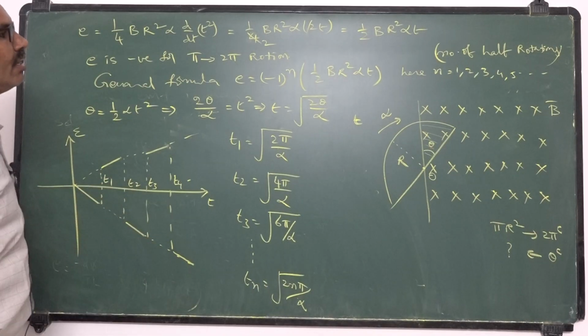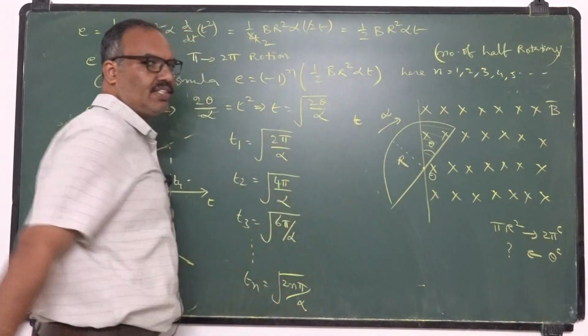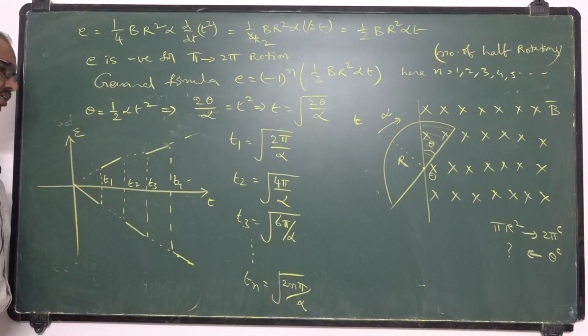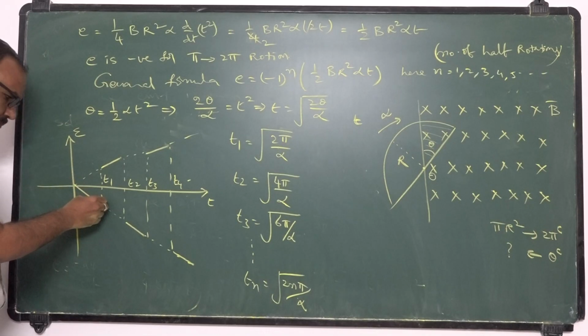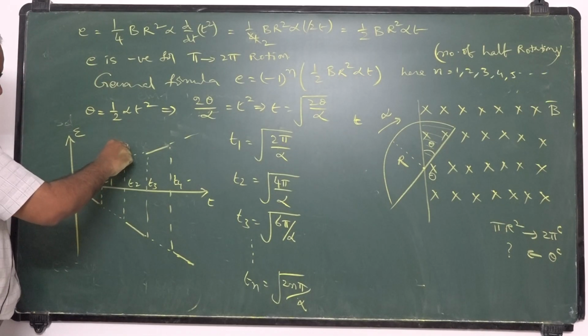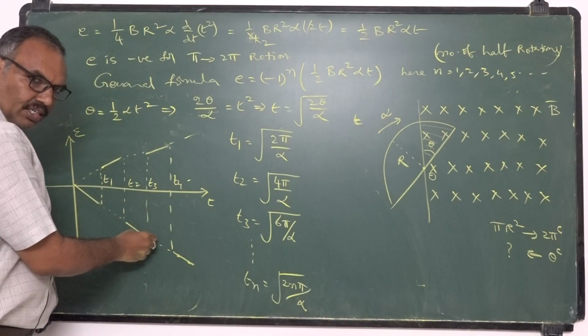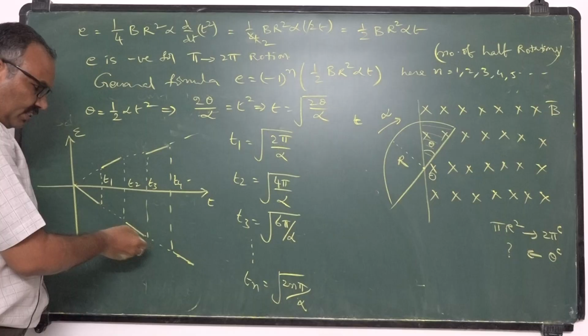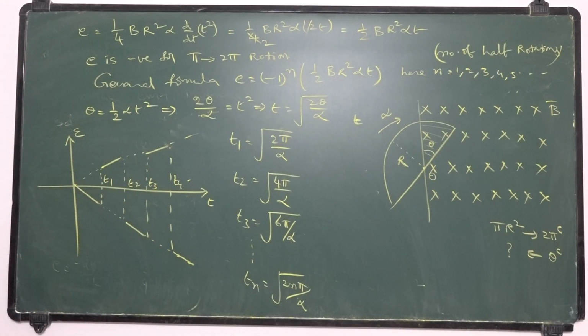Why you got a straight line here? It is in the form of y is equal to mx, some constant into x. So y is equal to mx is a straight line passing through the origin. For first half cycle, it is a straight line up to here. Next half cycle, it is a straight line up to here. Next half cycle, slope has to increase, direction has to reverse. Hence, this is the structure of the graph between E and T. In case of rotation of a semicircular loop into a magnetic field, for every half rotation, the direction of EMF is going to change. Here, the semicircular loop is rotating with a constant angular acceleration alpha. That you should take into consideration.